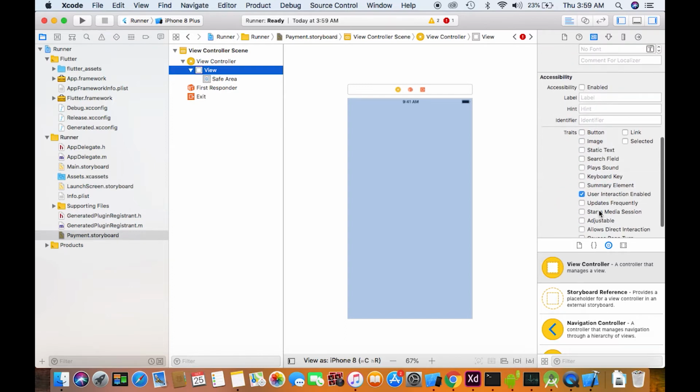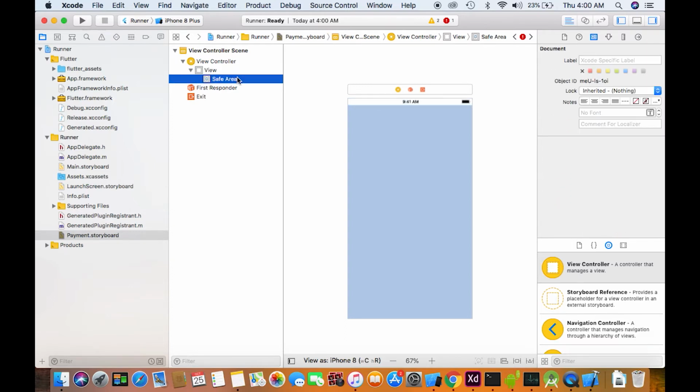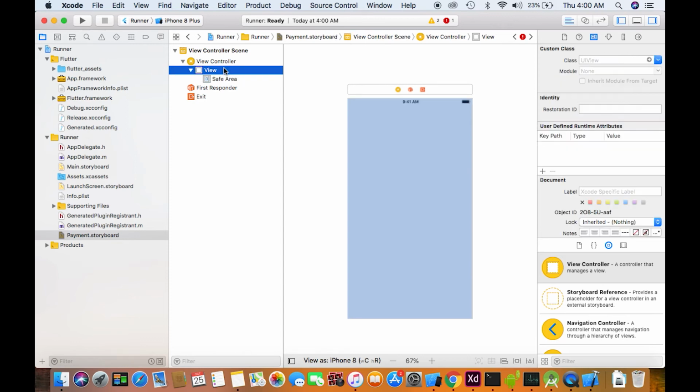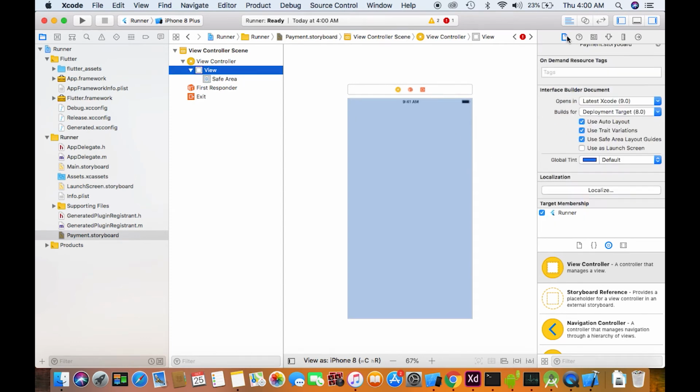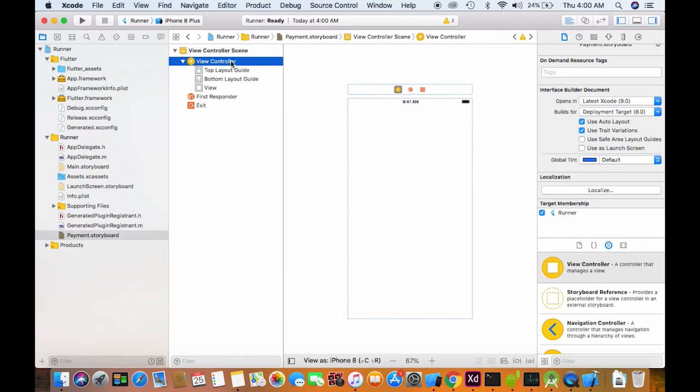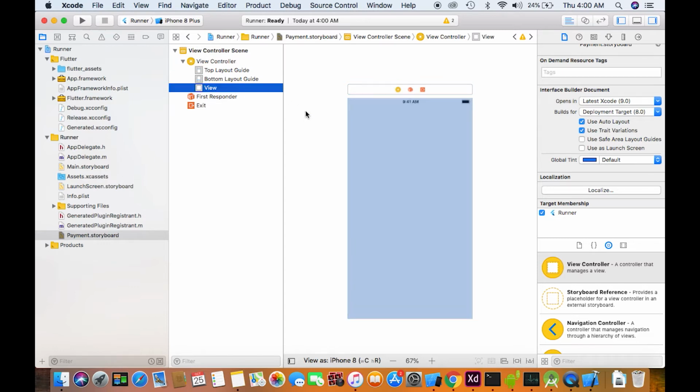So I have to click somewhere around the iOS guidelines, and uncheck use safe area layout guides, because it's something that Flutter will handle.